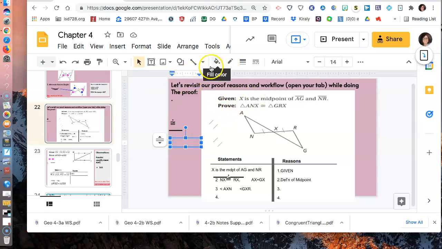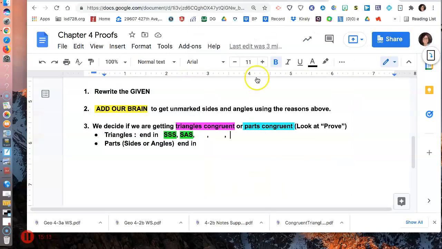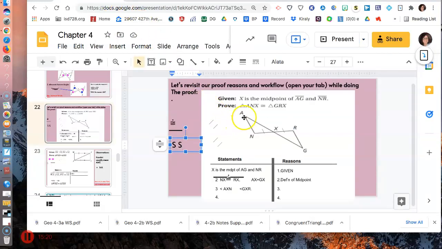But the fact that X was a midpoint gave me, and I like this font, and I like to do it bigger, it gave me a side and another side. So now I know from my workflow that I need to end in either side, side, side, or side, included angle, side. So my brain's got to kick in again, and I have to ask myself, do I